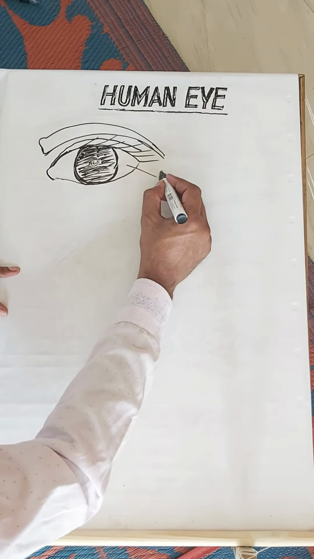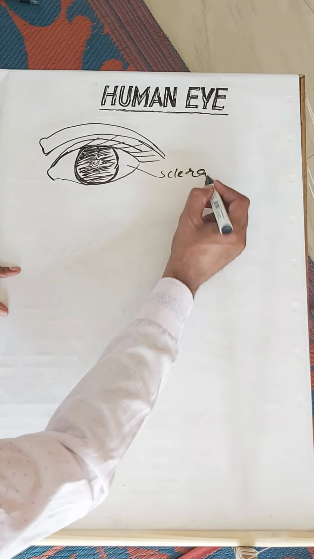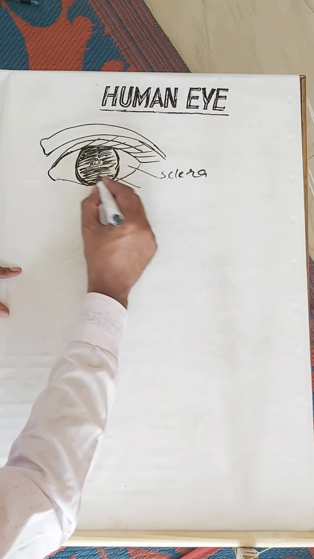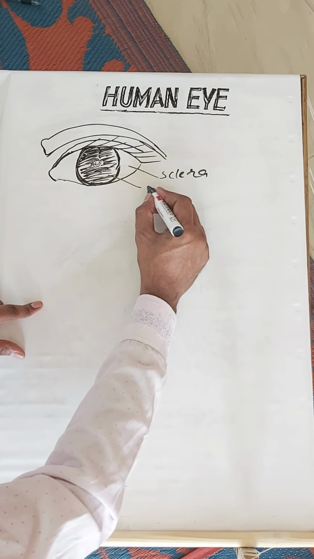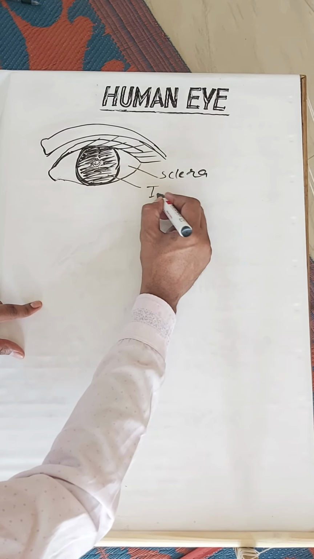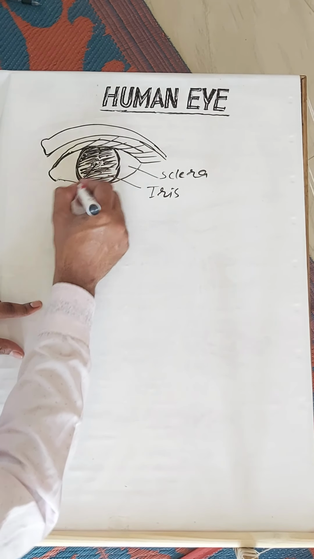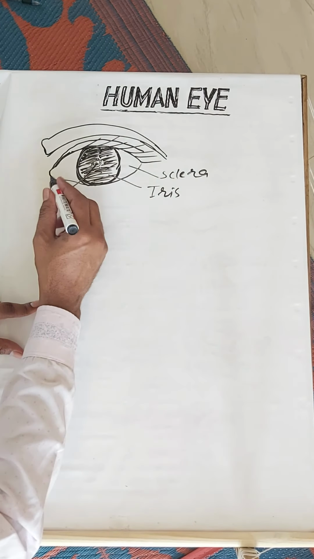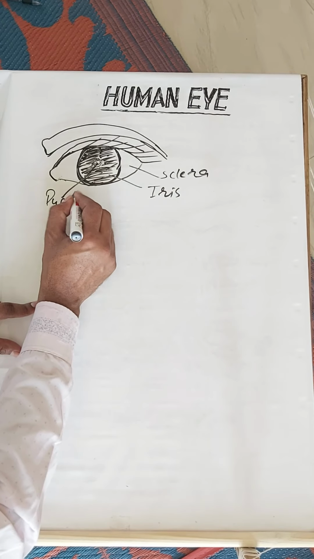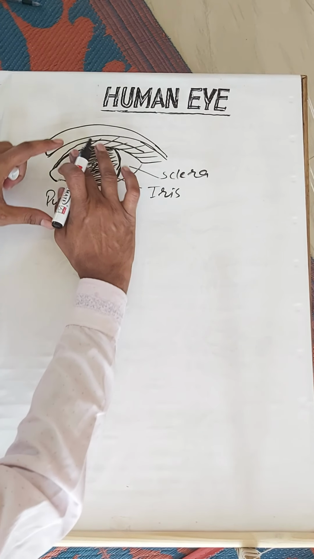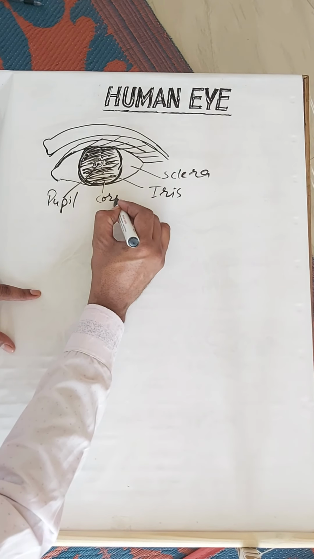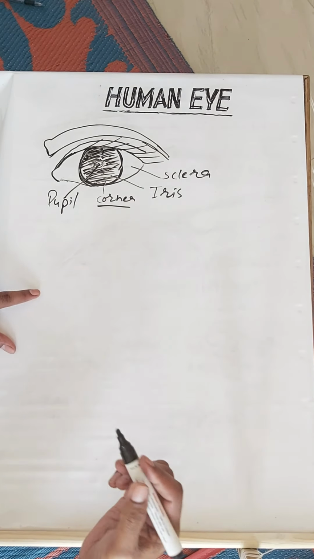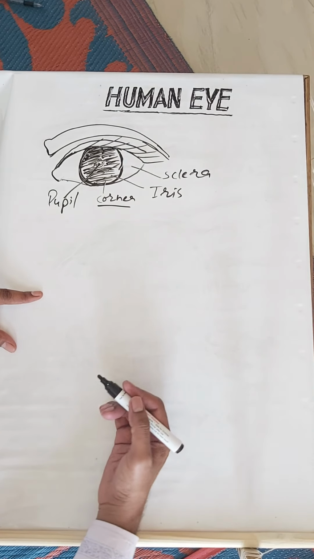The white portion, this is white, we all know. ये वाइट पोर्शन है, स्क्लेरा कहते हैं हम इसको, और ये इंटरनल जो कलरफुल डायफ्राम है, दिस इज iris. This is iris. Okay, the center middle portion of the iris, this is pupil, and the front transparent part, the front cover of iris, this is cornea. Okay, now we are coming to the internal structure.